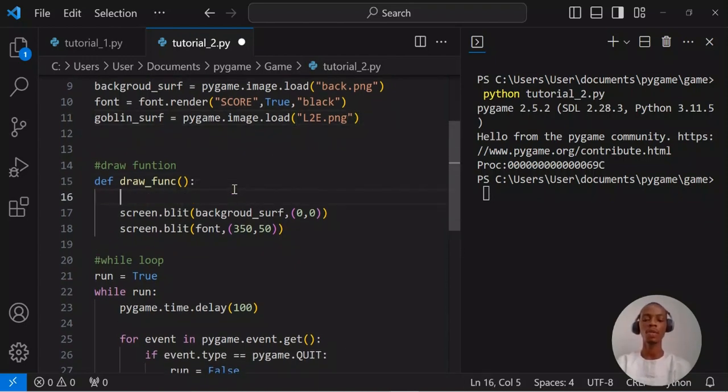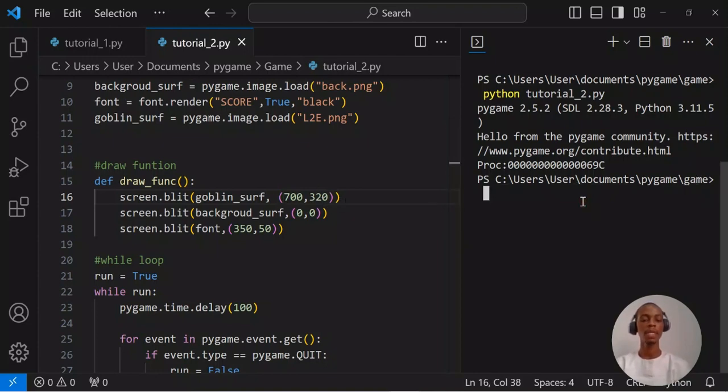So for example, now if I go at the top there and I say something like screen.blit, and then I'll say goblin surface, then I will specify where I want to blit it to in a tuple. So if I said the height is 400, I want it to be down, so the width should be 700, and the height should be something like 320. So that is the position I want it to be, 320 or 330, something thereabout. So once I run my code now,